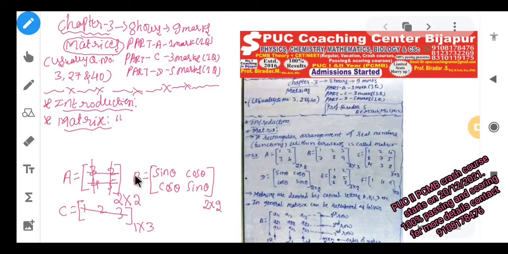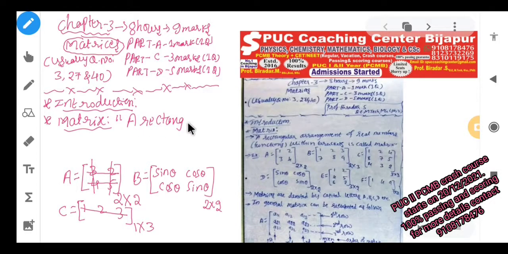So what we observed here is that real numbers or else real functions are written within the bracket. See here, this is the bracket. Within the bracket we mentioned the real numbers or else real functions. So let us have that either it is a rectangular arrangement or a square arrangement, whatever it may be. So let us have that a rectangular